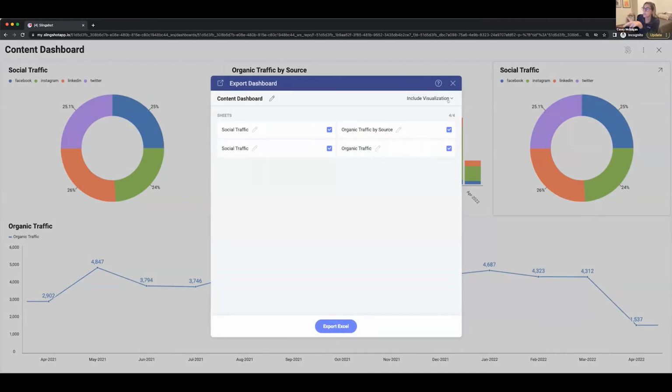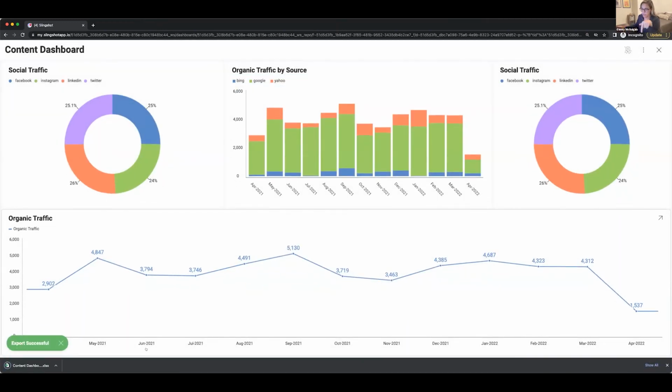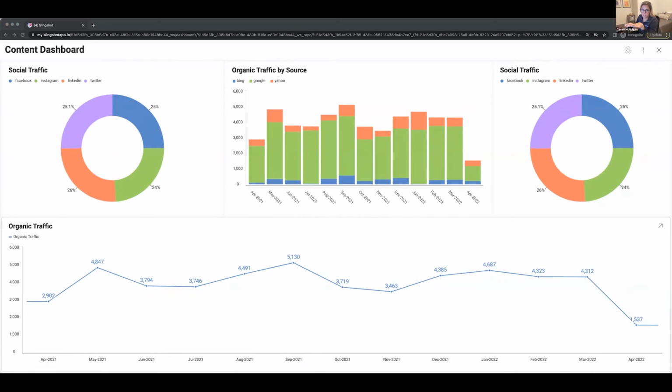And you can also choose to map this export directly to Excel visualizations. So when I click export to Excel, it'll export out a file that now I'm able to manipulate my data